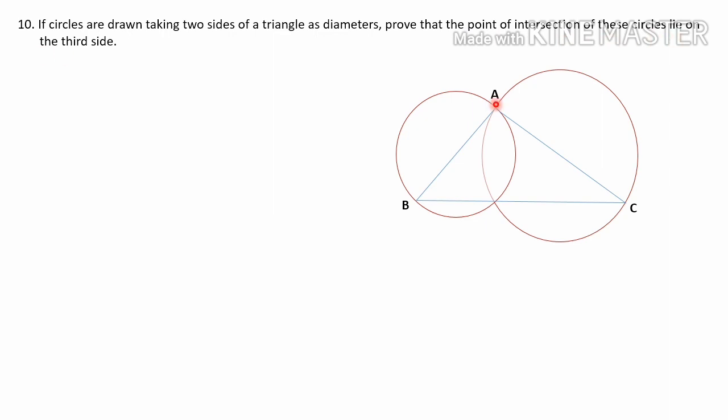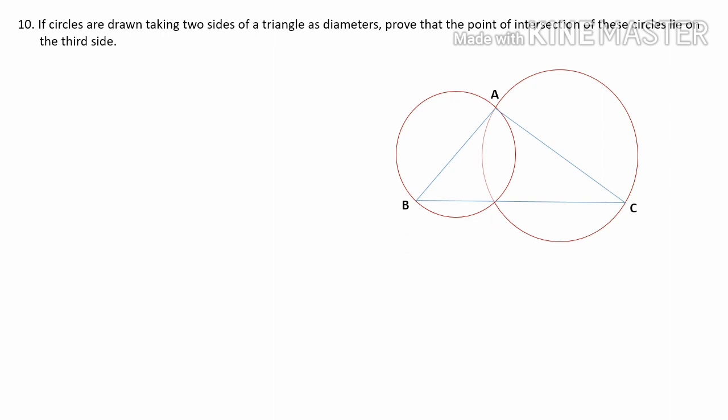Here you can see one point of intersection is here, and another point is here. We have to prove that this point lies on the third side. When we draw an accurate diagram, of course we will see the point of intersection is on the third side. But we have to prove it geometrically. In this question you must be careful, because we are taking a contradictory assumption. Contradictory assumption means we assume just the opposite of the reality, and we have to prove that our assumption is wrong. That way we have to prove it.